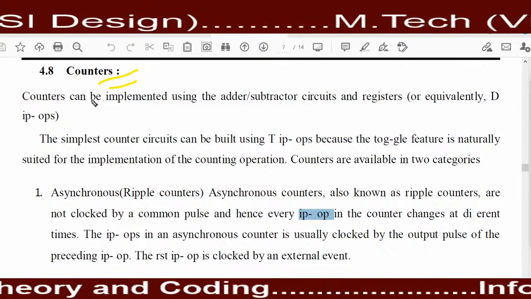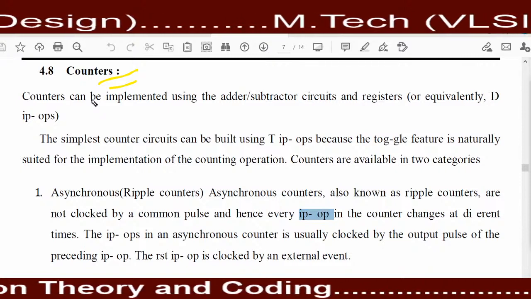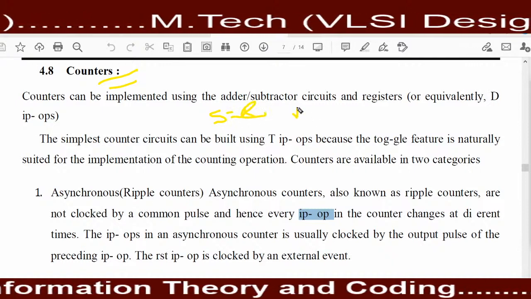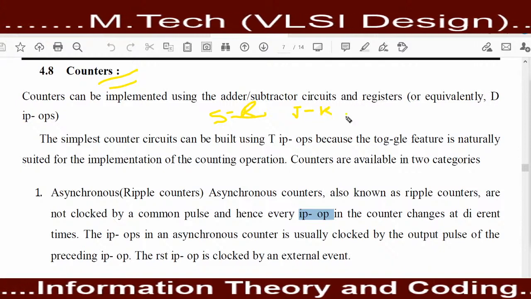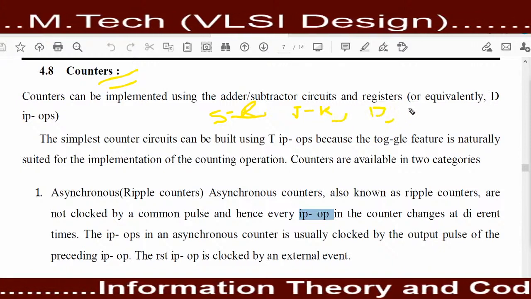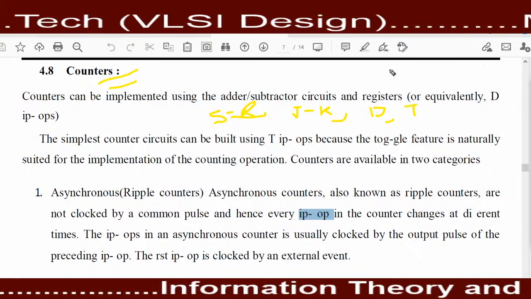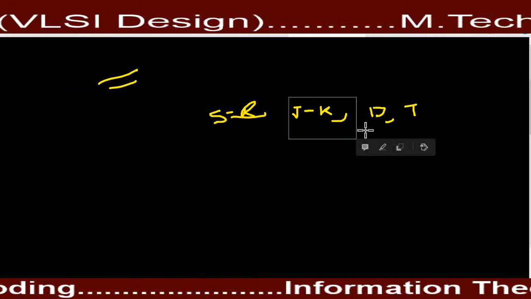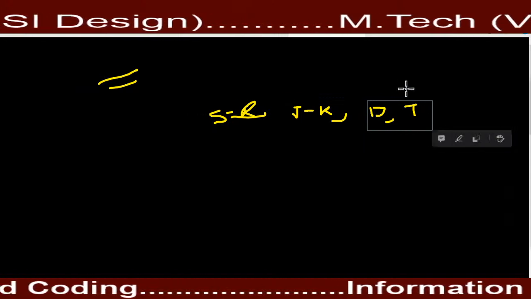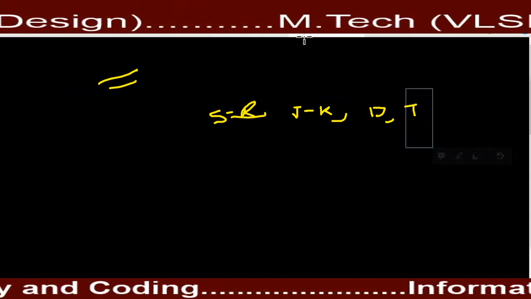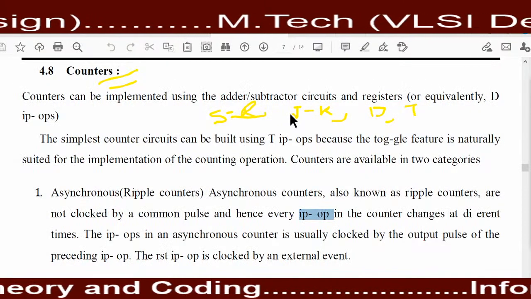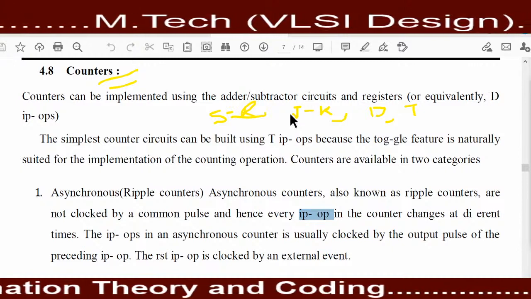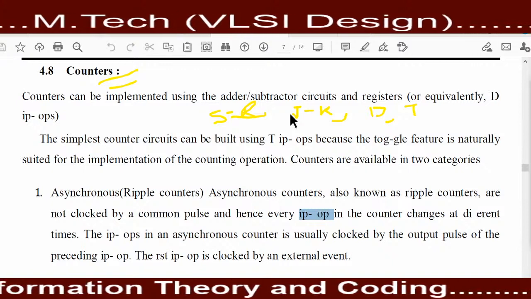Okay, so we know that there are various types of flip-flop, such as SR, JK, D, and T. Okay, we already know that these are the types of flip-flops. It means that for making any devices we can use these types of flip-flop. For making any memory storage element, for making any registers, we can use these types of flip-flops. But